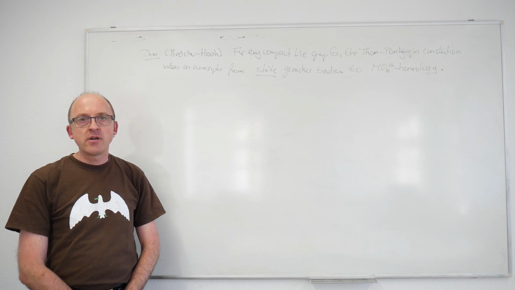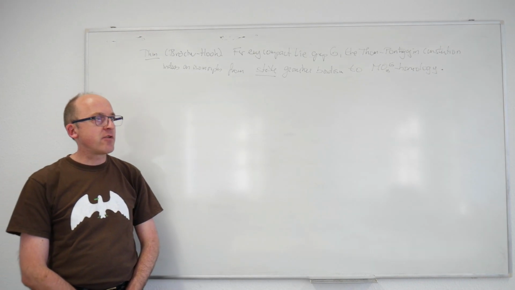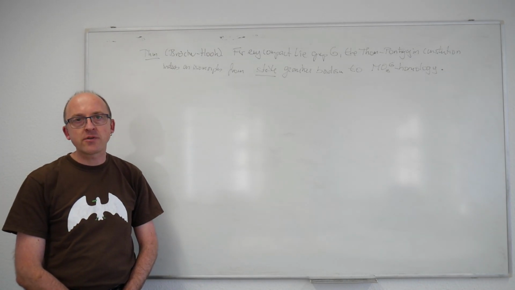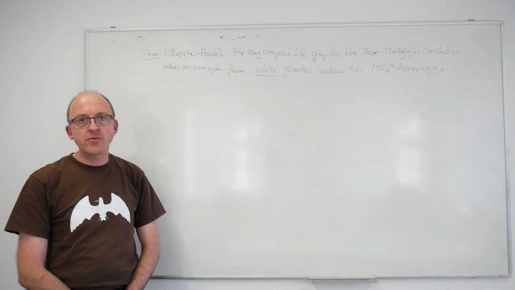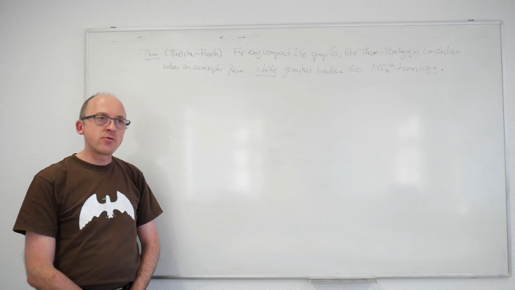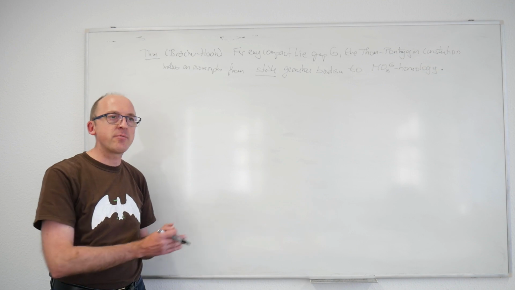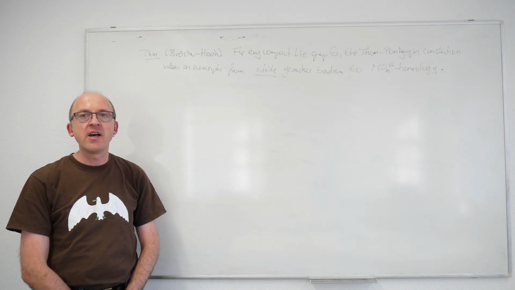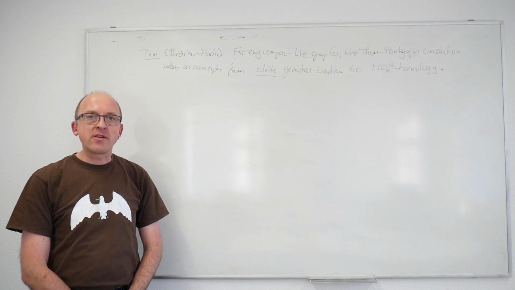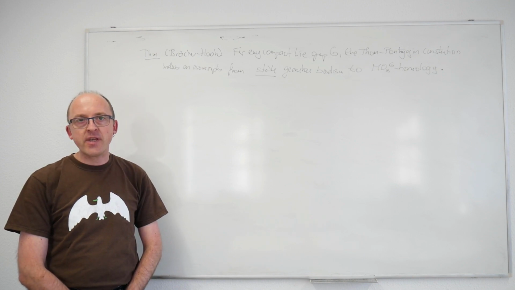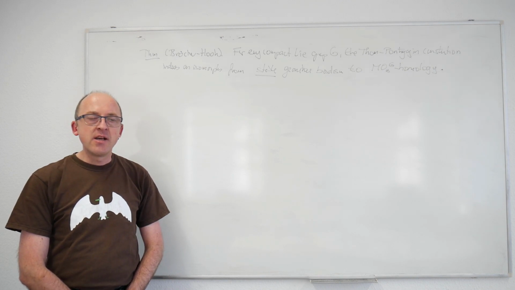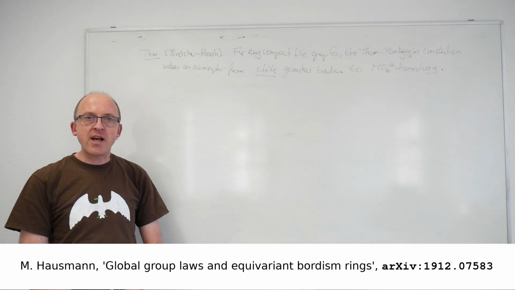And then there were proposed definitions of what equivariant formal group laws and equivariant two-torsion formal group laws would be. And it's been an open question whether MO star in the two-torsion case and MU star in the complex case, in the one case for elementary abelian 2-groups, in the other case for abelian compact Lie groups, carries the universal equivariant formal group law or two-torsion formal group law. In a recent preprint, Markus Hausmann showed that this is indeed the case, and I think this is a very interesting and exciting result. I just want to give you a reference because I'm not the person who should tell this story, but I encourage you to look it up.